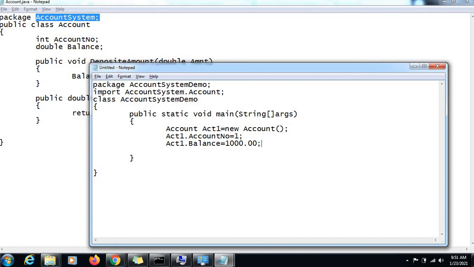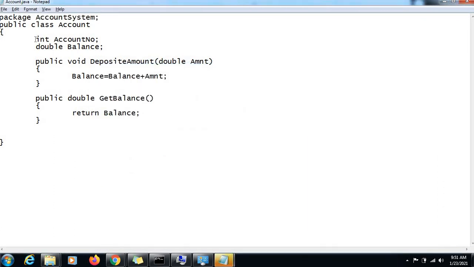But the problem over here, guys, is that these variables like account number and balance are not defined with the public access specifier. These are defined with the default access specifier.